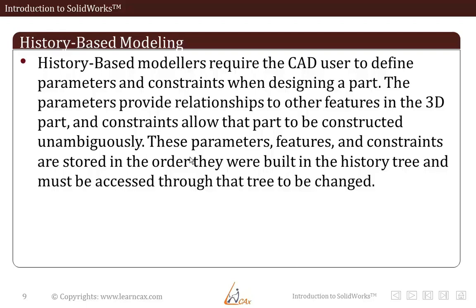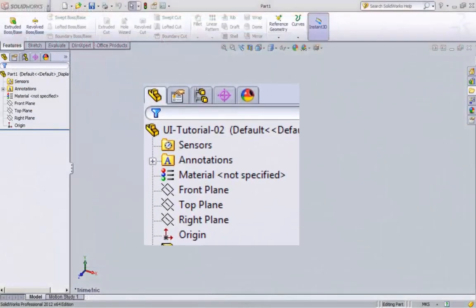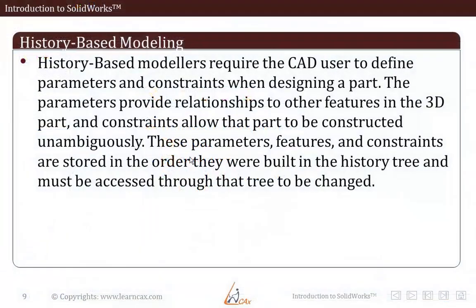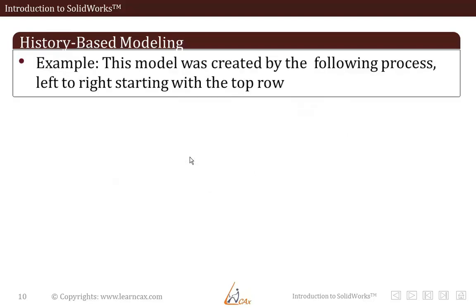To show the process history, there is a panel to the left side of the SolidWorks window called the Feature Manager. This Feature Manager keeps a list of features in the order in which you have added them. It also enables you to reorder items in the tree. Because of this, the order in which you perform operations is very important. Now let us see an example.